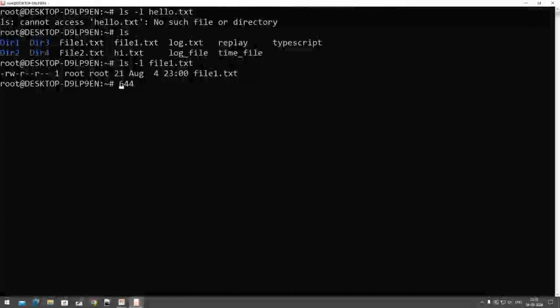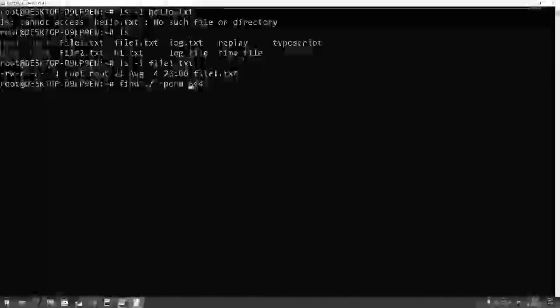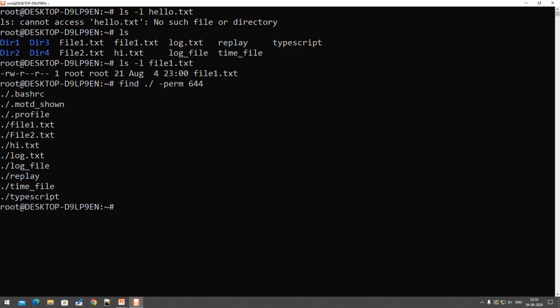Now you want to search for files having the permission 644. So you can search by using find. In which directory do you want to search? I would like to search in the current directory. Then I would like to search with a criterion, that is permission. So I can write here perm, that is my option, and then you have to provide the permission, that is 644. Then whenever you press enter, you can observe here file1.txt, file2.txt and a few other files